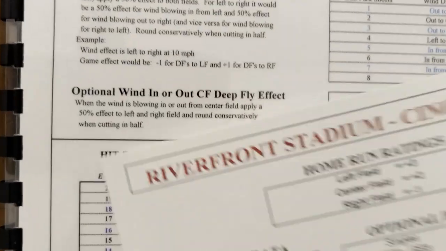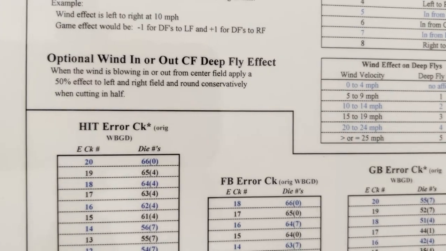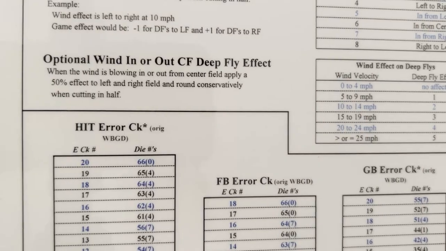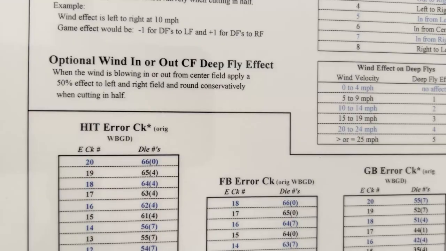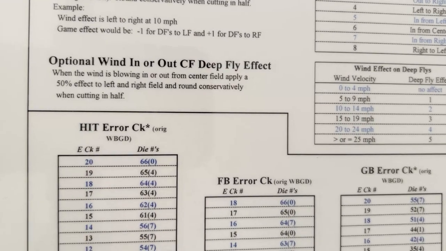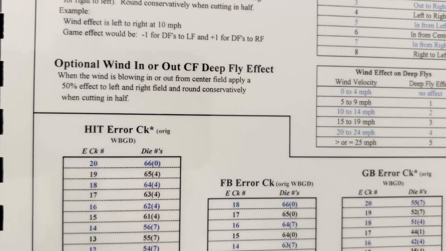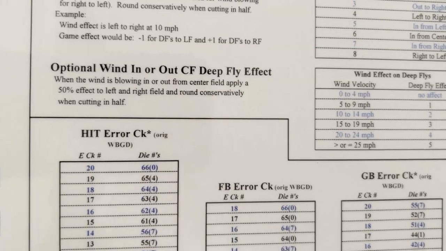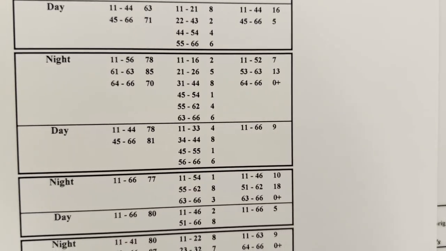Now, if you have the wind blowing in or out to center, in addition to the impact on center field, you take half that effect and you apply it to left field and right field. So think about those days when the wind was blowing in heavily at Wrigley Field. It had an impact on all the fields if it was coming in from center field. So at Riverfront, if you had a 2, which is out to center, or a 6, in from center, and you can see there's some possibilities there,